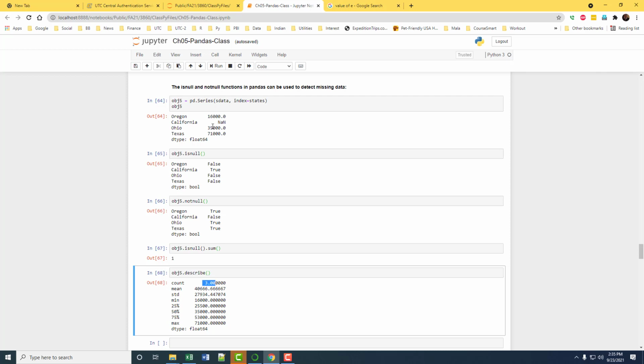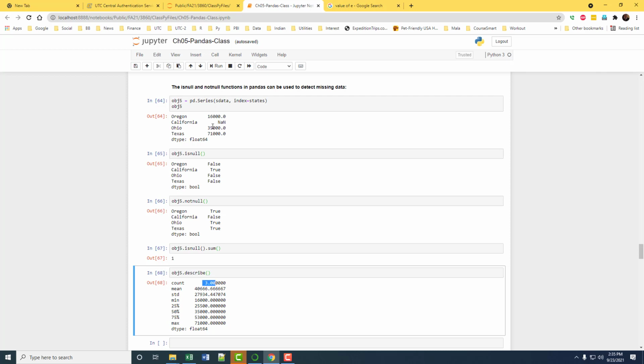Remember, a couple of weeks back, when we wanted to find the mean to impute in a list where we have null values, you found in your homework that you filtered all the null values out, took only the numbers, and then found the mean. Because in a list, if there is a null value, sum will throw an error. But that doesn't happen here.